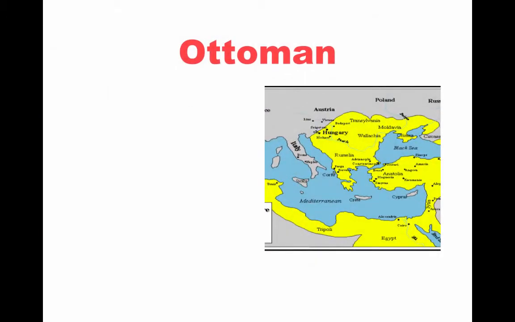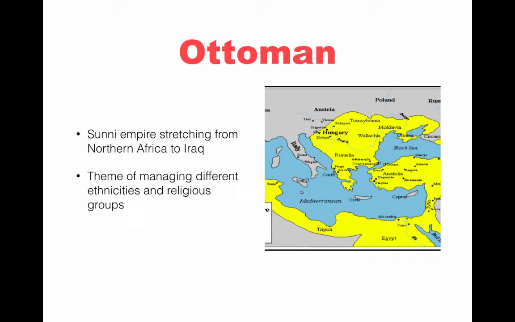So let's go through then those Muslim empires. They are known as the Gunpowder Empires. The first is the Ottoman Empire, huge empire, Sunni empire that stretches from northern Africa to Iraq. Their big issue is how to manage different ethnicities and religious groups. They had at the time Christians, Muslims, and Jews, and it's a question of, how do you manage that in